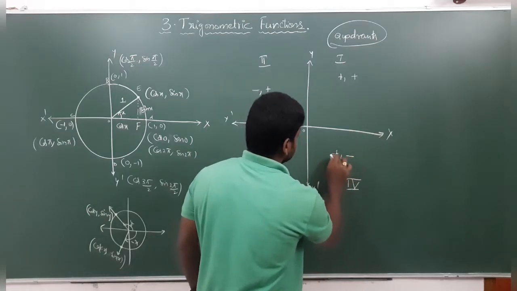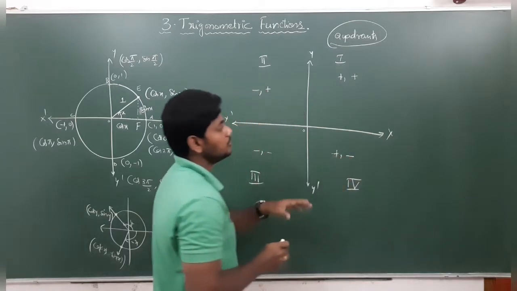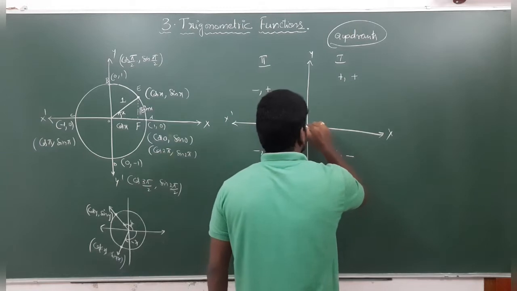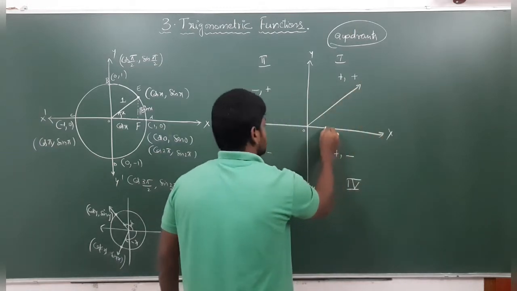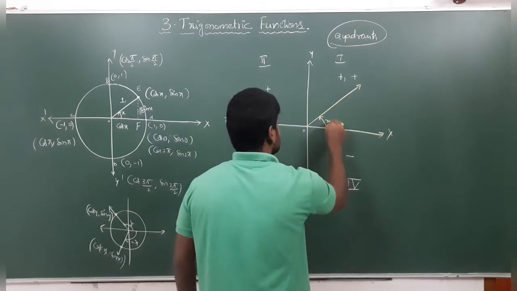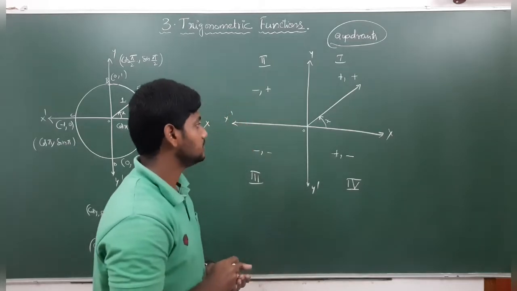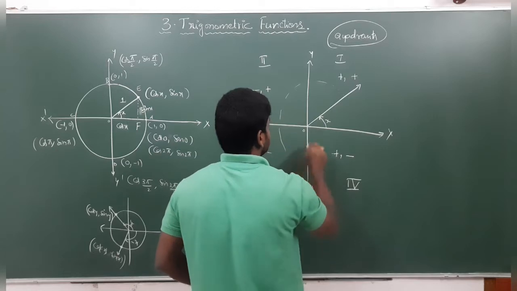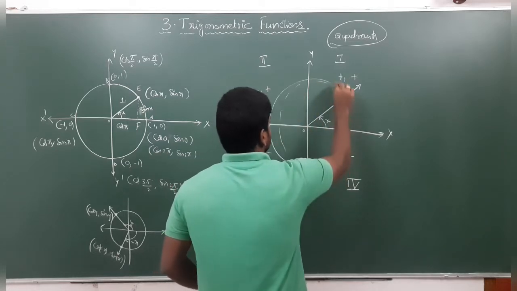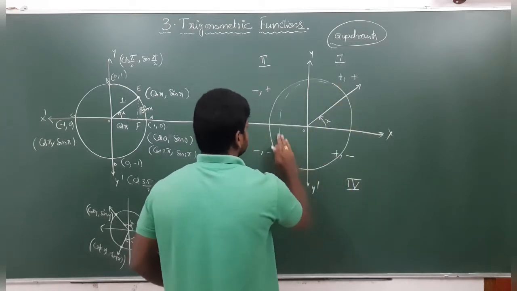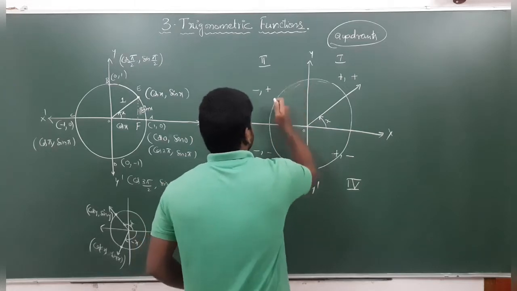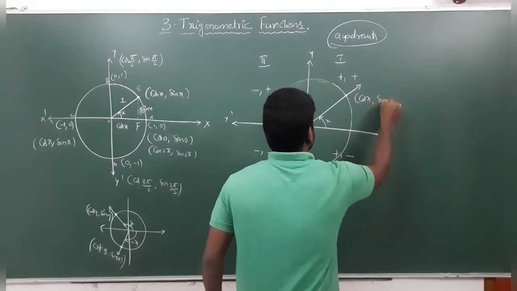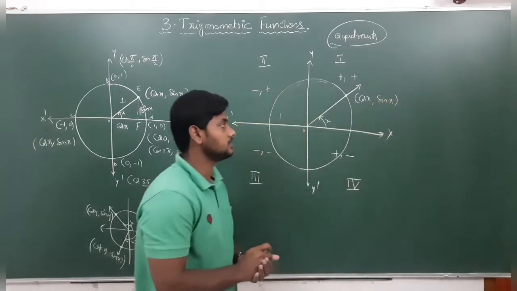You all know this from before, but how can we define it using the trigonometric concept? For example, I will consider a ray with an angle x. If it is x, and for example we draw a circle, what may be this point? This point is cos x comma sin x, right?